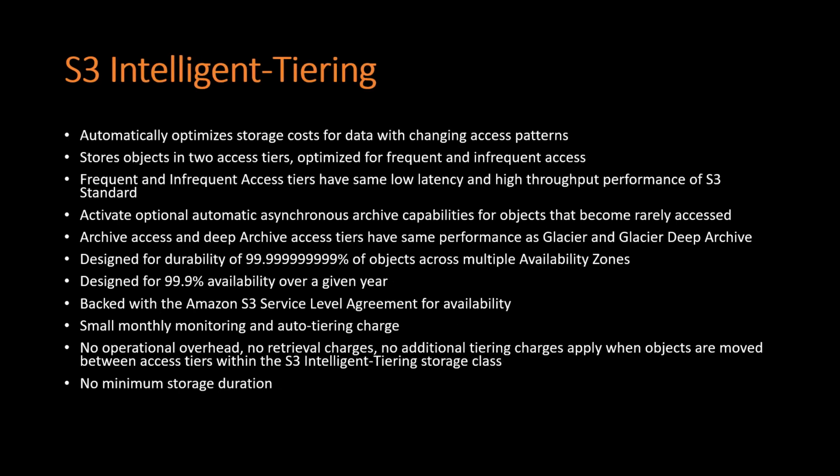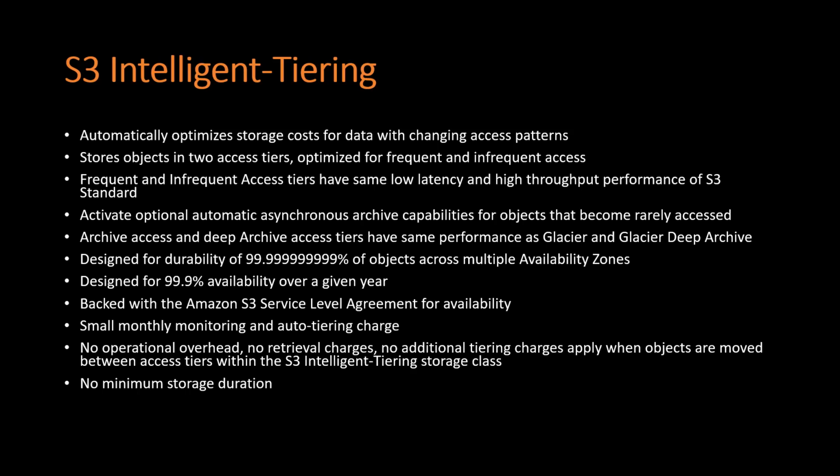Next is S3 intelligent tiering. Amazon S3 intelligent tiering is the only cloud storage class that delivers automatic storage cost savings when data access patterns change, without performance impact or operational overhead. For a small monthly object monitoring and automation charge, S3 intelligent tiering monitors access patterns and automatically moves objects that have not been accessed to lower cost access tiers. That means you don't need to worry which object is frequently accessed and which is not. It automatically monitors those objects, and if the object is not accessed for 30 consecutive days, it will be moved to